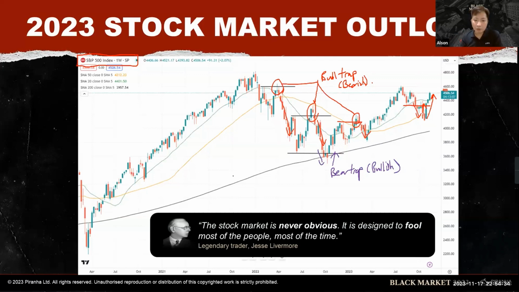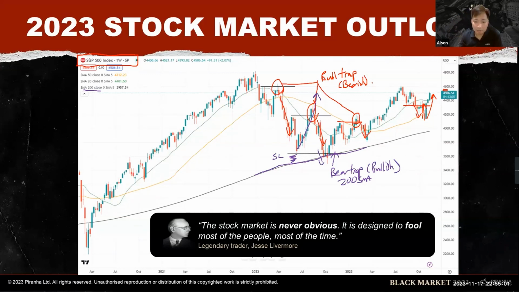If you have a bear trap at the 200 SMA, this black line is the 200 SMA, it's considered very potent. Why? Because when the market maker, the big boys, trade down, they actually take out the stop losses here. Those who think the market is going to rebound all the way up put their stop losses here. The market maker purposely trades down and takes out the stop losses, and creates a